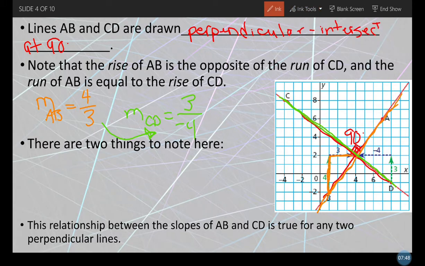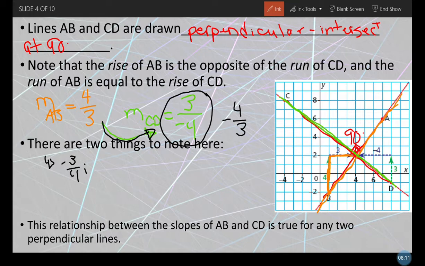Maybe you figured it out, maybe you didn't. So there's two things to note. If I take that fraction and I flip it, I would get 4 over 3. And then I just need to times that by -1. And that's how I can go from one fraction to another and how I can figure out whether slopes are perpendicular. So the first thing to note is